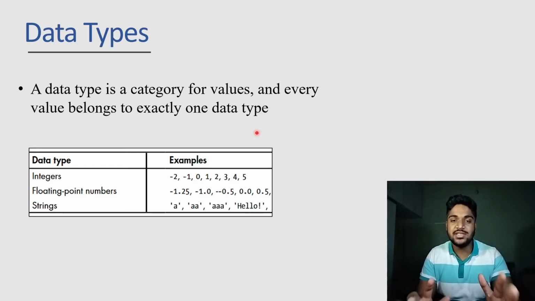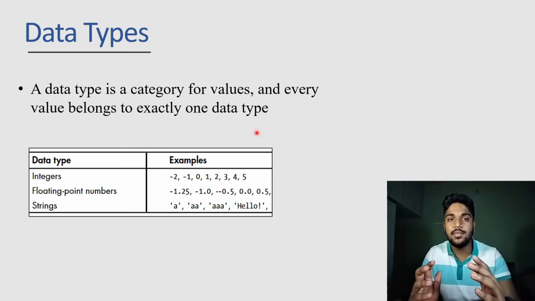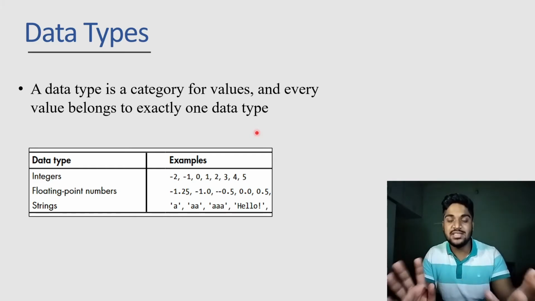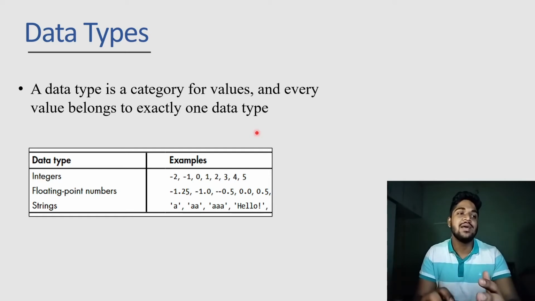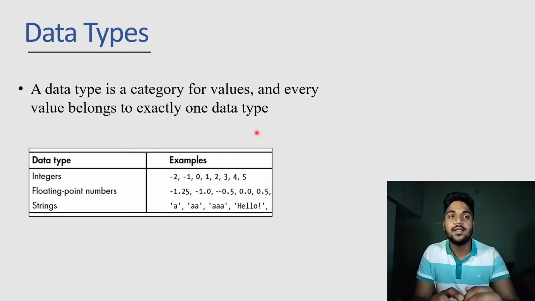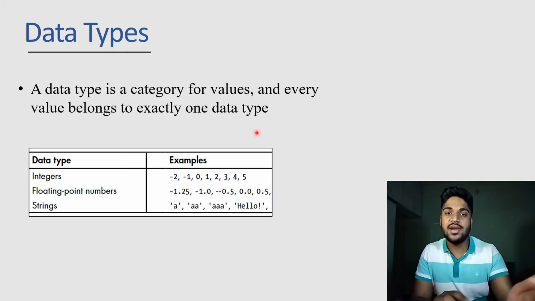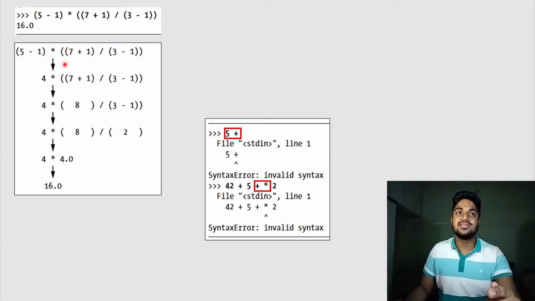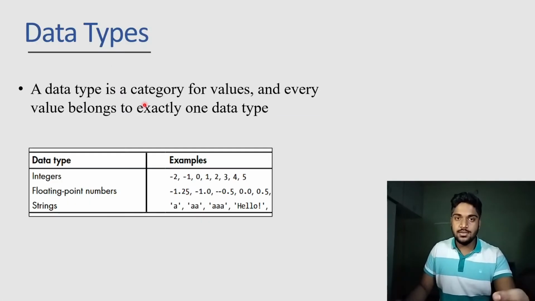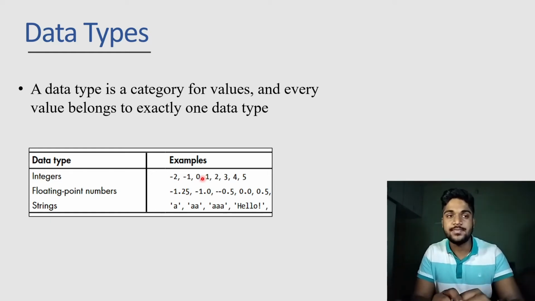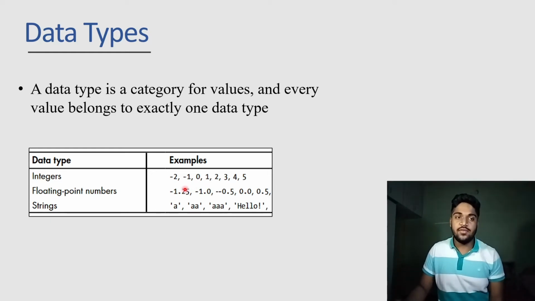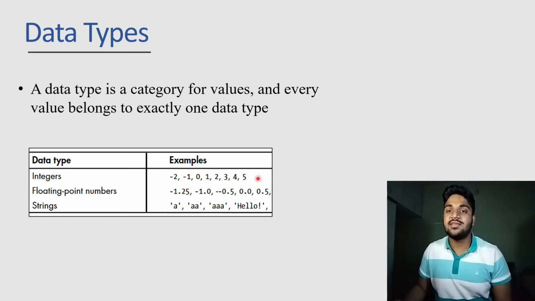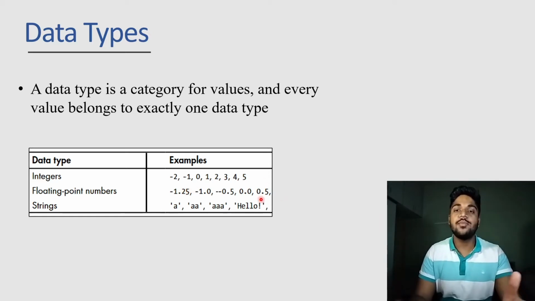Now let's see what data types are. Data types are a real major thing in Python because whatever code we write uses these data types. There are 3 major data types in Python, we can say, but there are many data types. Let's talk about integers. Integers you are already familiar with, that we used here. These simple numbers are called integers, 7, 1, 3. Integers can be positive, negative or 0, but they cannot be decimal. Decimal numbers are called float values in Python. Here we can see 0.5, 0.0. These are all float values.